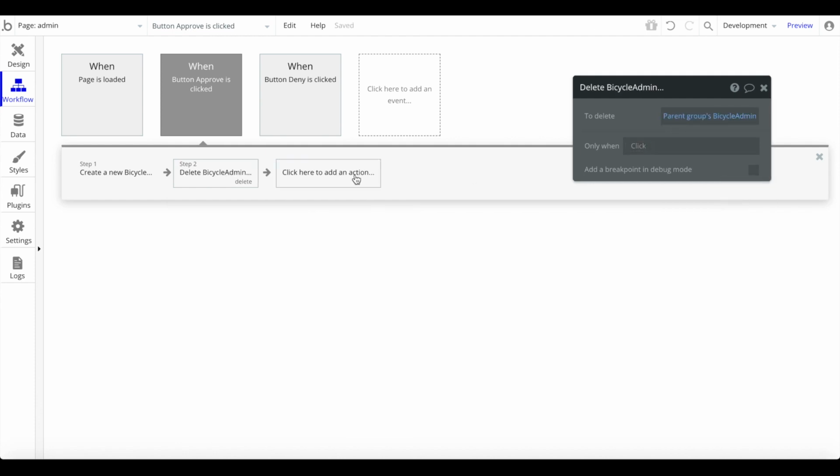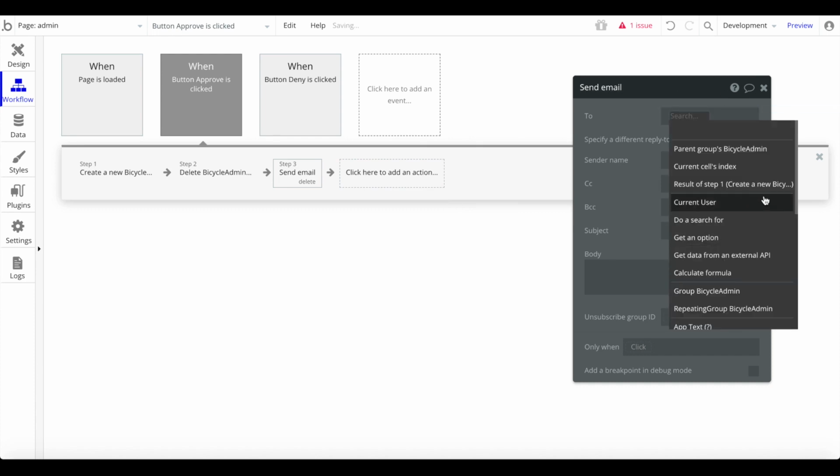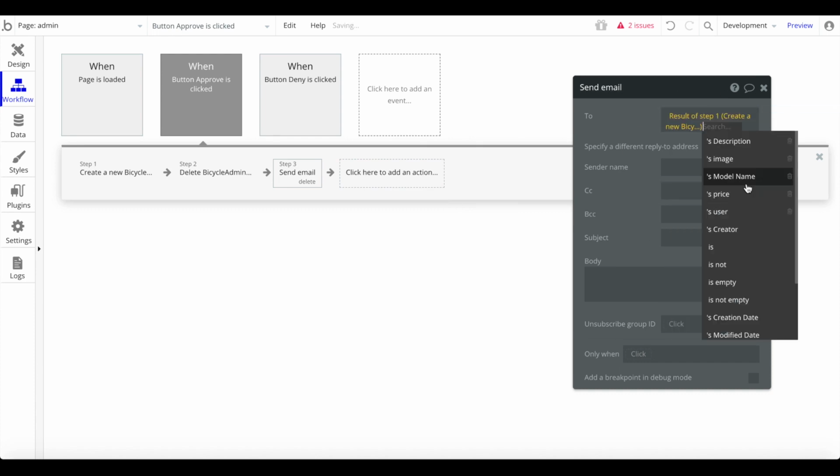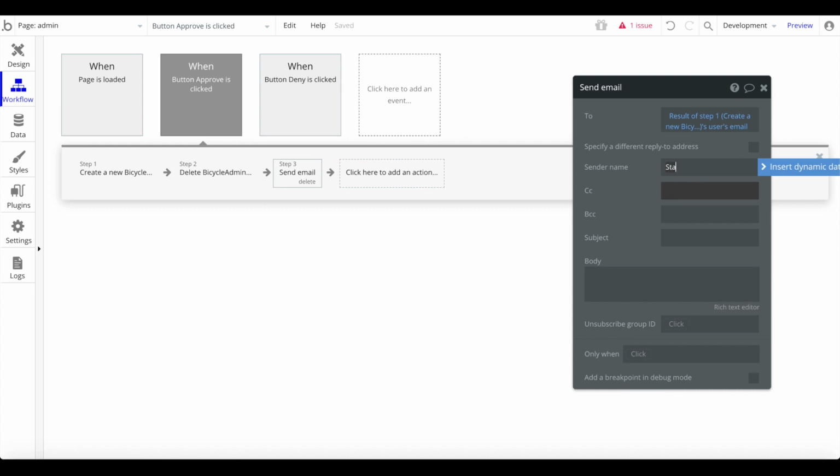After doing this, I just want to delete again our parent group's bicycle admin because we don't need that anymore. And again, I'm going to send an email, and I'm going to send the email to the result of step 1. So the new bicycle we just created, the bicycle data type, user email, sender name, again, startup name. Subject, your listing was approved, and again, congratulations, your listing was approved. Okay,